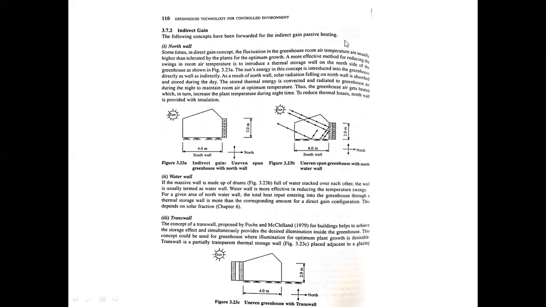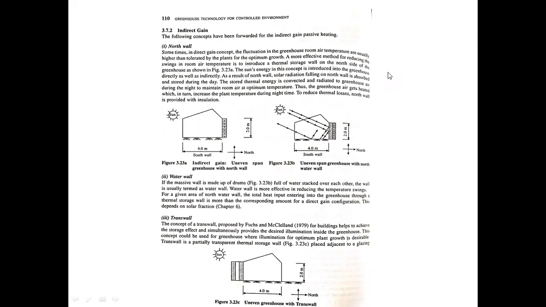So in this concept of the north wall, they have told that the temperature or the variation of air in the greenhouse varies according to the plants. The plants absorb some of the heat, and there is exhalation of CO2. There is also warm air from the ventilation in the greenhouse. So the air is controlled by these crops and plants.